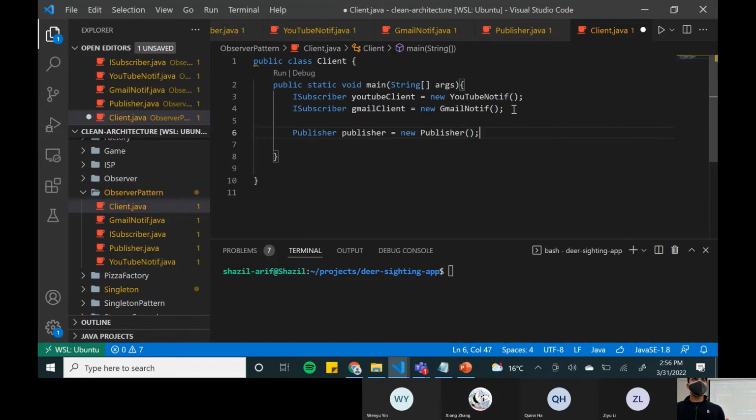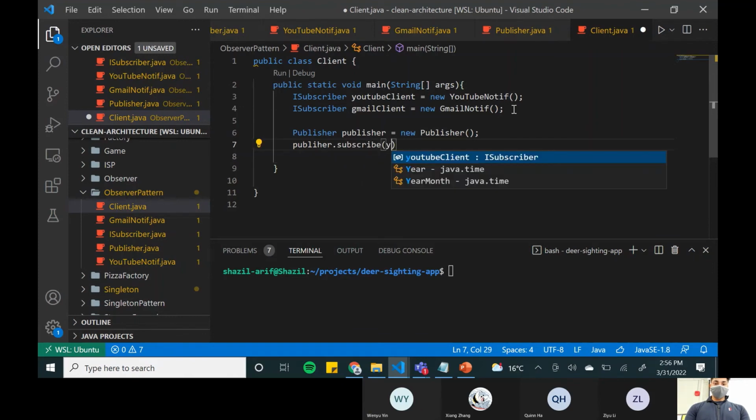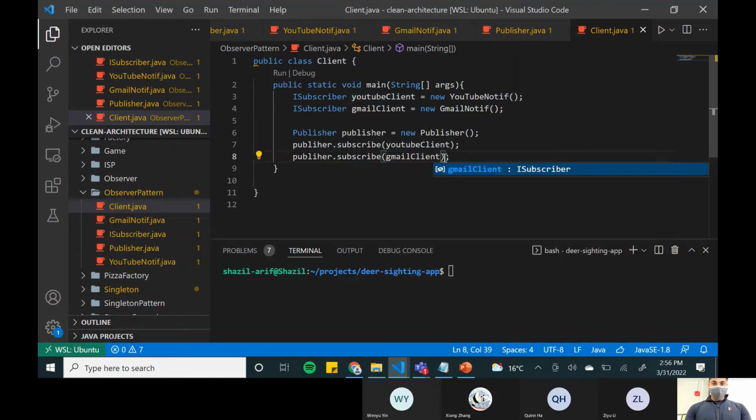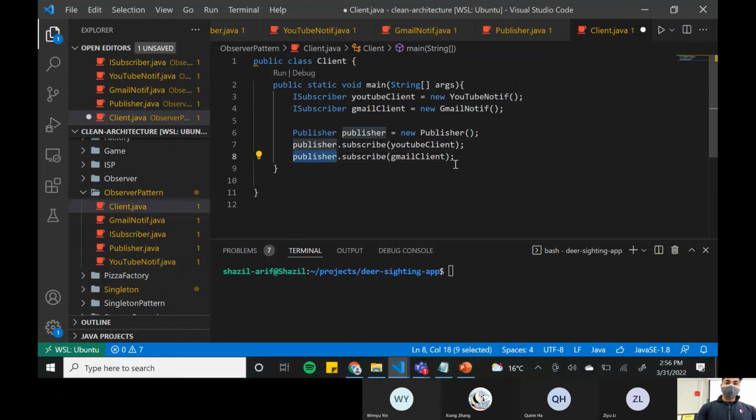Anyone know what we have to do now? Yeah, we have to subscribe both of these subscribers. So we would do publisher.subscribe the YouTube client, and then the same thing for the Gmail client. Okay, and then you might imagine that you might have some event that happens, and then for now we're just